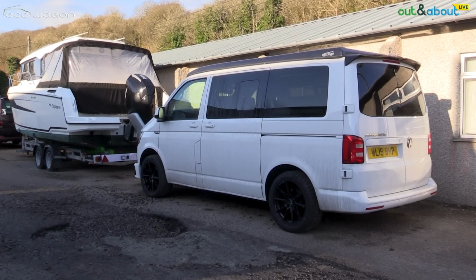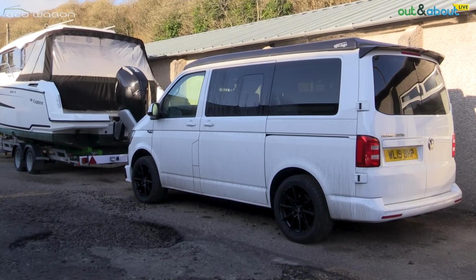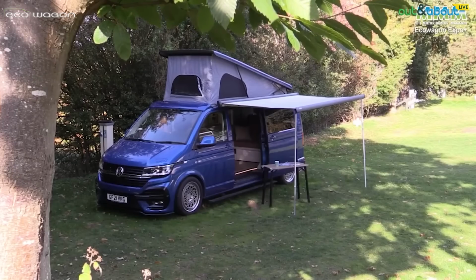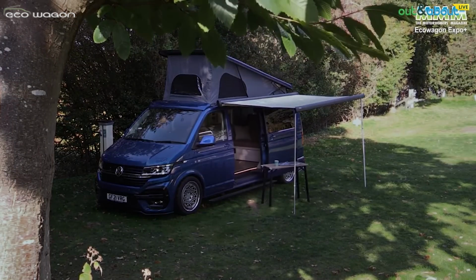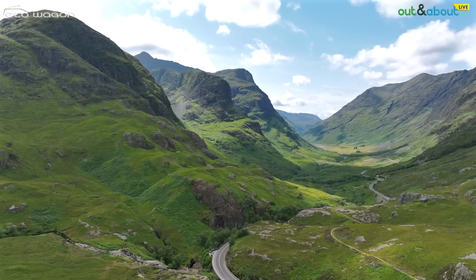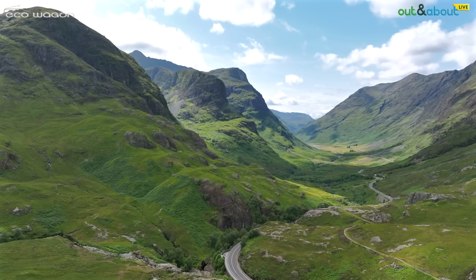And I know, unlike some converters who build these things and design them, but they don't actually use them themselves, you're a keen user of campervans, and you had an A-Class as well at one time. Yeah, I had an A-Class. But then you preferred to use the VW. Yeah. I mean, I was going away at Christmas for a couple of weeks up to Scotland, and it was A-Class, Transporter, A-Class, and then I went in the Transporter, and I'm glad I did,